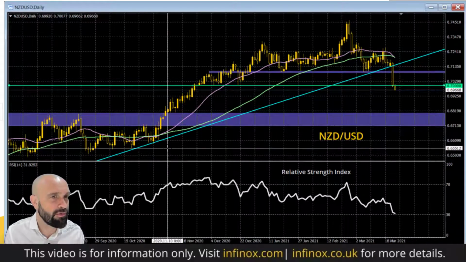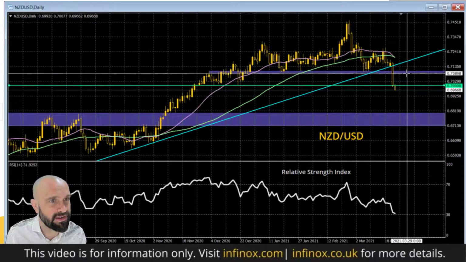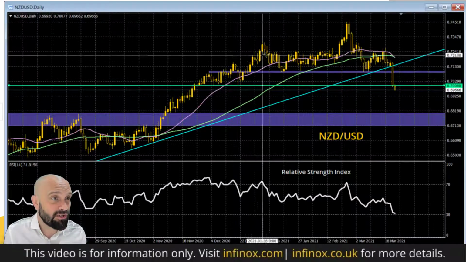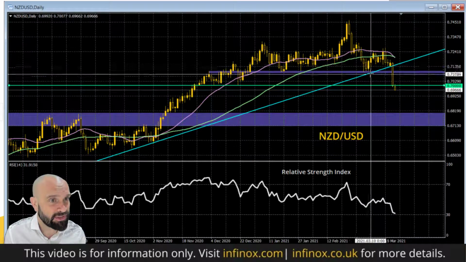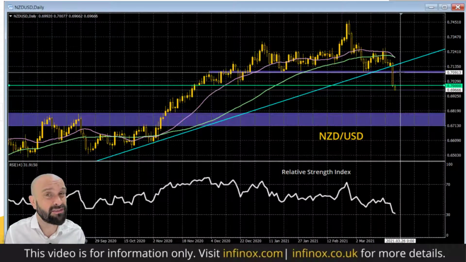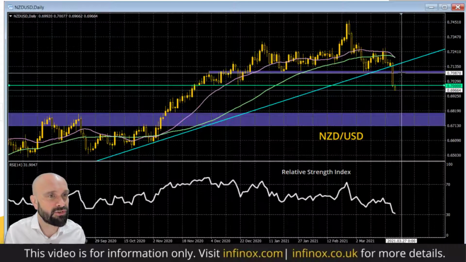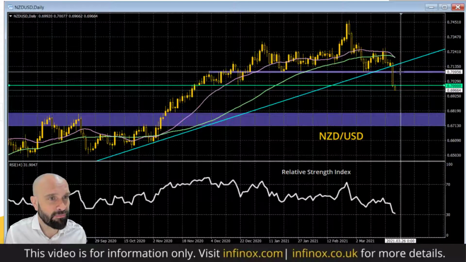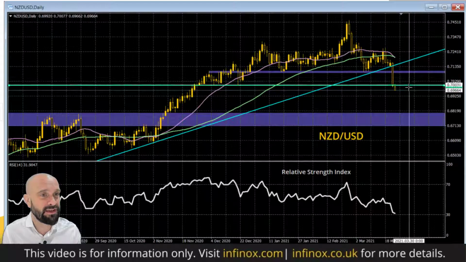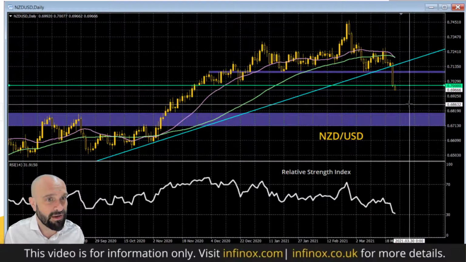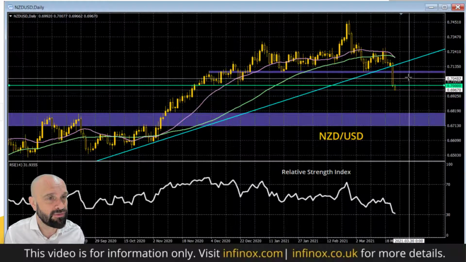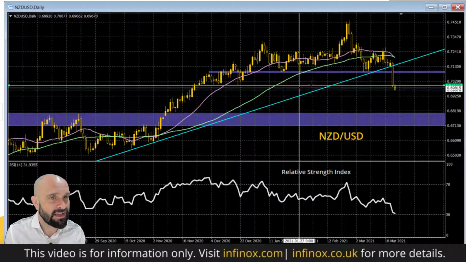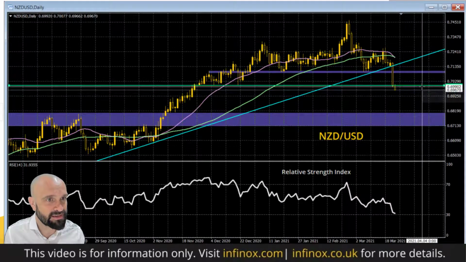And moving on to the Kiwi, again, look at that sharp move to the downside. This is a chart that has now completed a head and shoulders top pattern that gives you a downside target of around about 280 pips measured from that breakdown point, and that gives you a 68.15 area. Significant move to the downside, and not only that, it's broken below 70 big figure today as well.